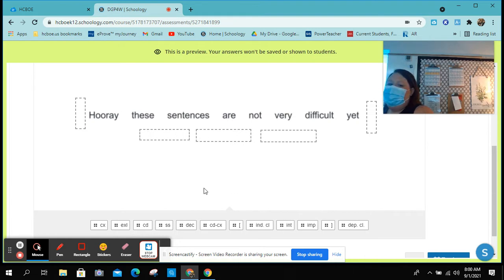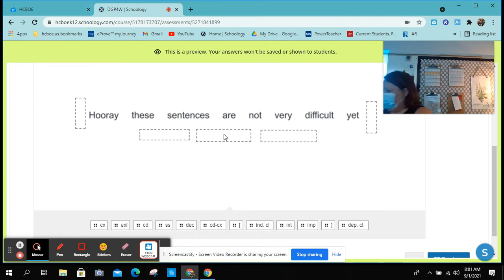It's down there. Now, in the middle box, we need to put the type of sentence we have. How many subjects do we have in this sentence? 1. How many verbs do we have in this sentence? 1. How many complete thoughts do we have? 1. What kind of sentence do we have? A simple sentence. What is the abbreviation for simple sentence? SS.